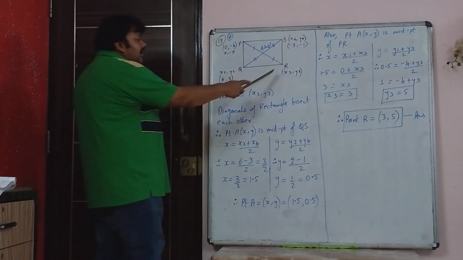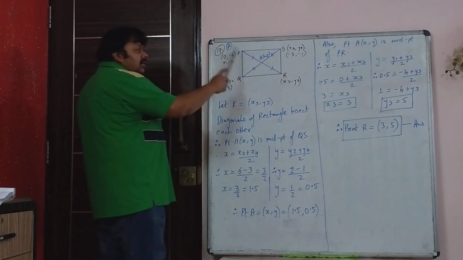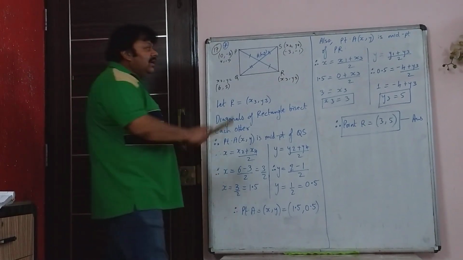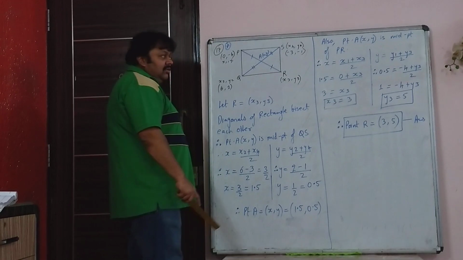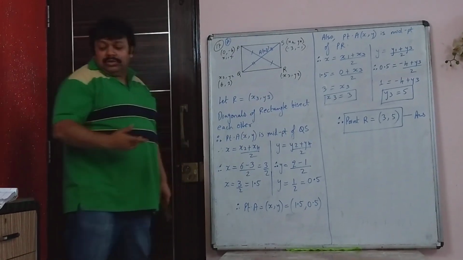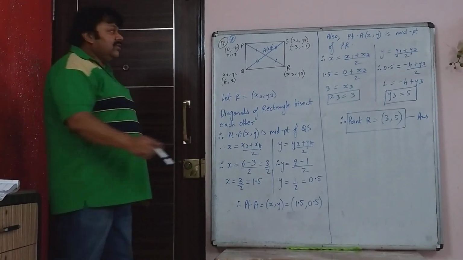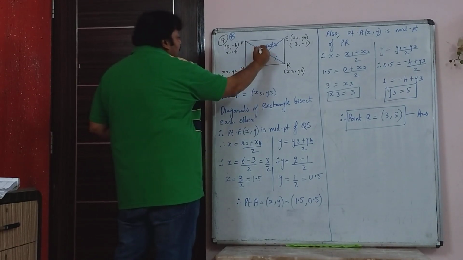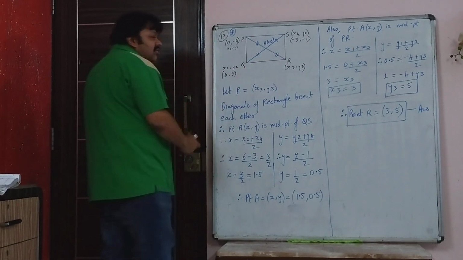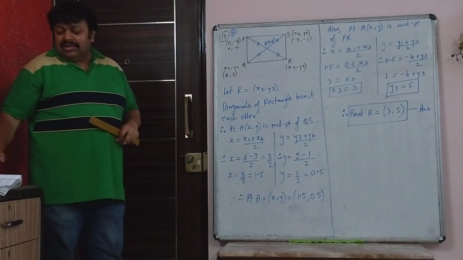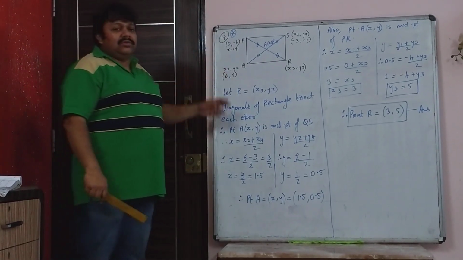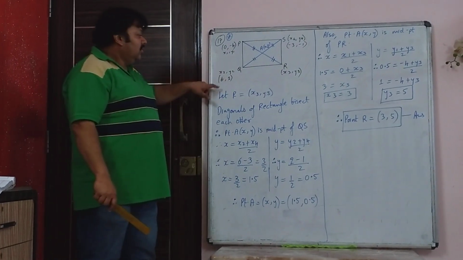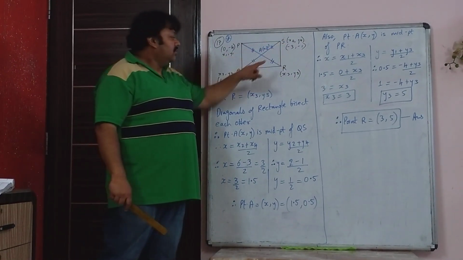So here let R be (x3, y3), and the rectangle belongs to the parallelogram family itself, so the diagonals of the rectangle bisect each other. Obviously in a rectangle both the diagonals are equal, so instead of showing 2 lines and 1 line, you can even show 2 lines and 2 lines, because all 4 parts will be equal. But that is not necessary for this question. So it is quite similar to the previous question. First we know Q and S.